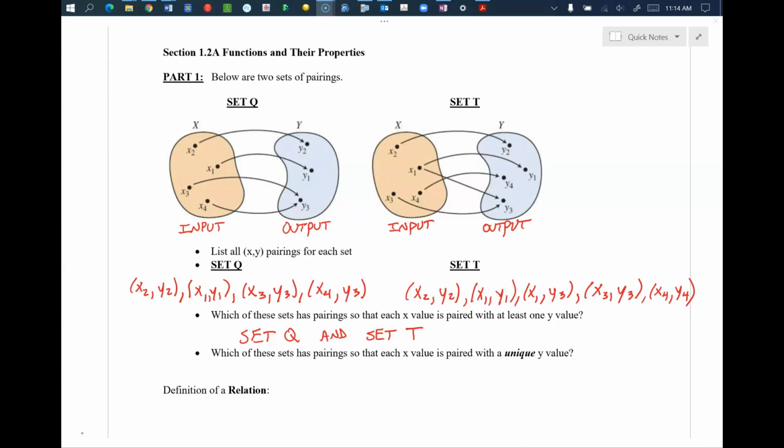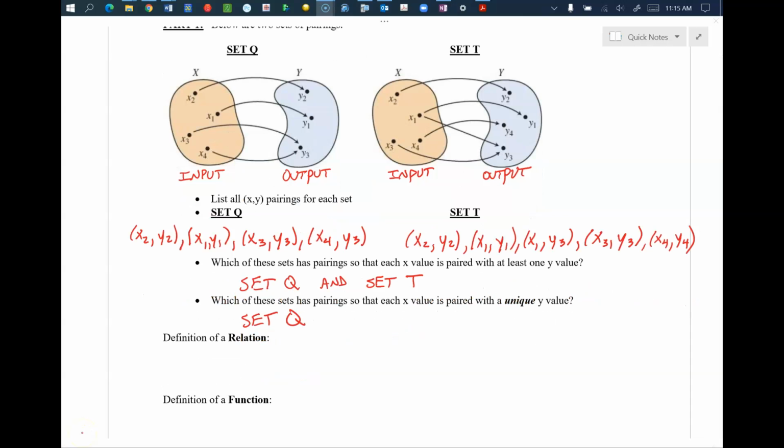So the answer to that question is only set Q. So you might be asking yourself at this point, what does this have to do with what we're studying? Well, it's actually a very important aspect of mathematics, and both sets Q and T have a similarity such that